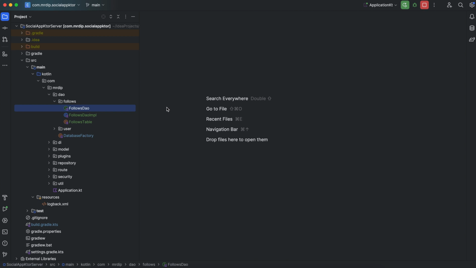Next, we need a repository. The repository in this case will manage the FollowsDAO and the UserDao, because when we follow a new user, not only are we going to add a new record to the follows table, but we would like to increment the followers count in the users table for the user that is following, and the following count for the user that is being followed. So to be able to do that, we first of all need to add one more method